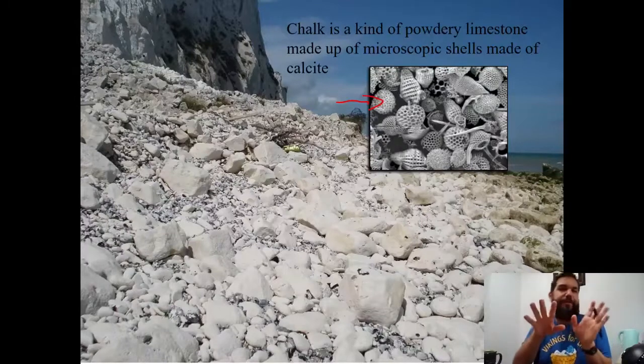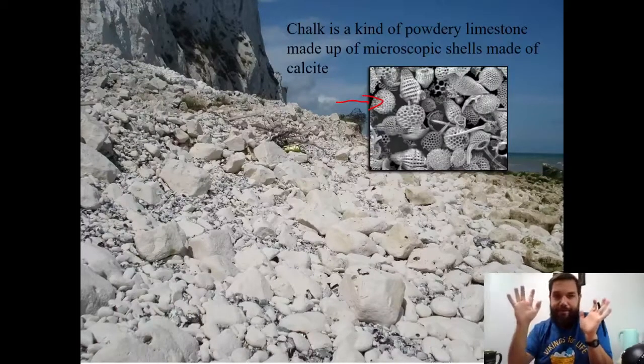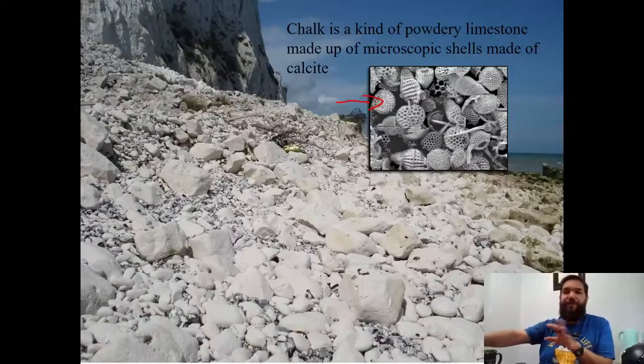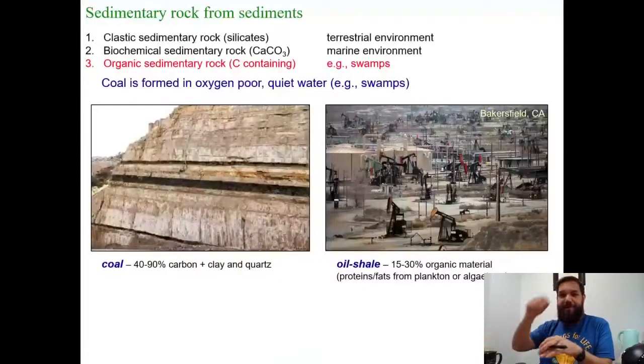By the way, plankton is a huge subject, okay? I could go on and on about plankton. If you want to hear me go on and on about plankton, you can sign up for oceanography. We talk a lot about plankton. But anyway,